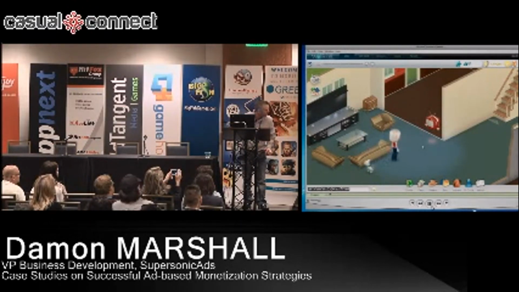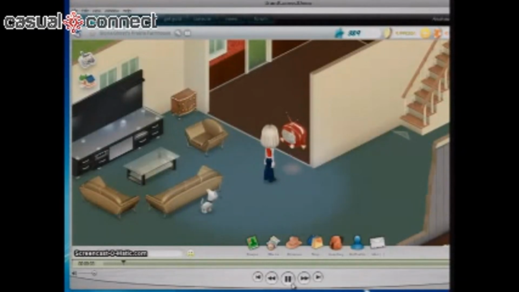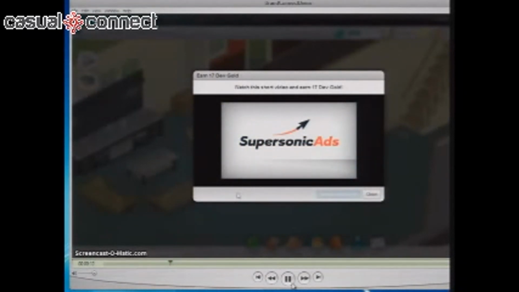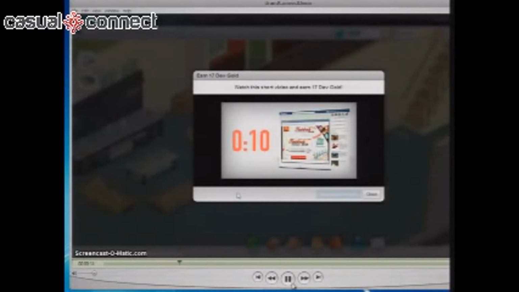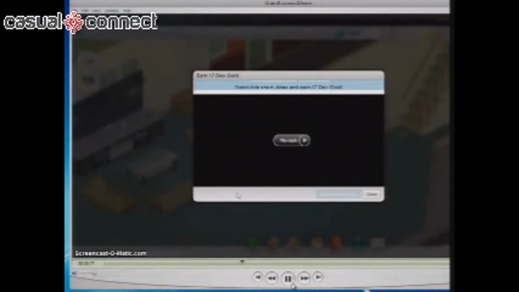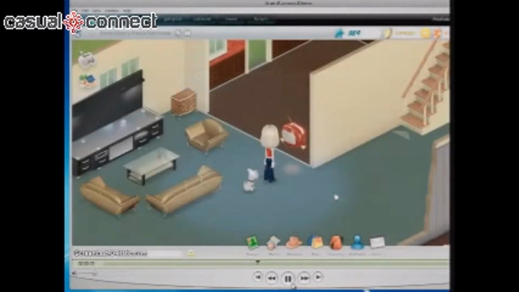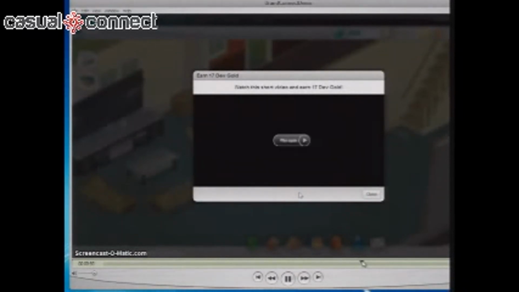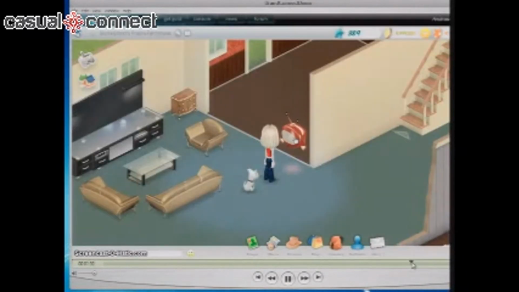So you'll see that the avatar walks over to a television, touches the television, and up pops a few icons. They click watch as if they're watching television. And again, you see a video of an advertisement. In this case, it's generic Supersonic Ads. I guess that's my shameless plug of my company. But once the ad is finished, the user has the ability to watch another video. You see that they're messaged with, hey, you just earned some coins. I won't make you suffer through much more of this. But once you're done and you get your reward, you're right back in the game again.